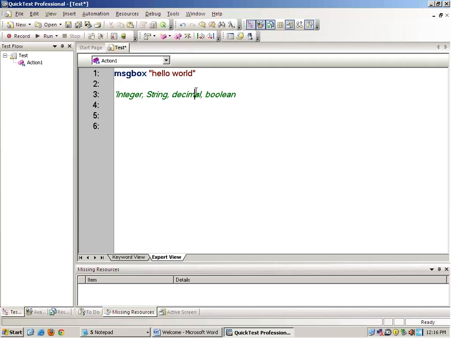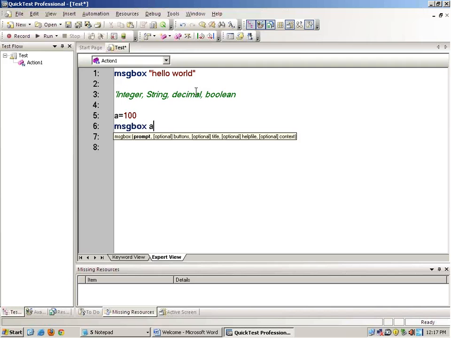Fine. Now if I write out here, suppose a equals 100, then what am I doing? I am assigning the value 100 to a. This is very simple out here in QTP. You don't have to declare int a equals this, string x equals this, like we do in other programming languages. Fine. So if you simply write a equals 100, 100 goes inside a, and on the next line you can simply write